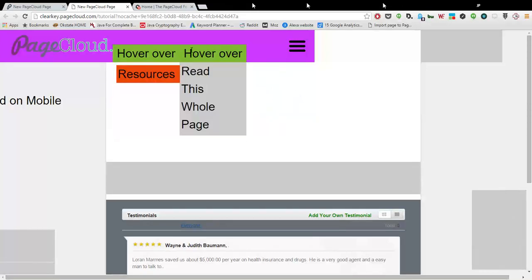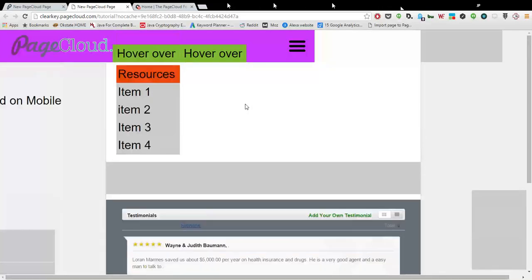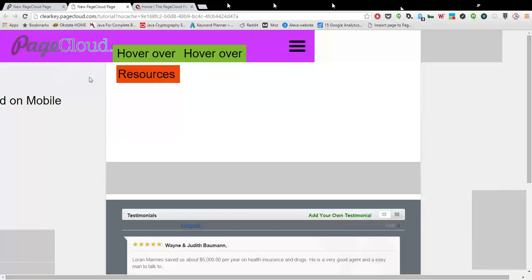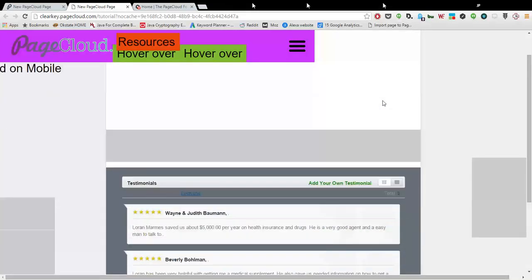The same applies to any of these items. And so when you do these, as you can see, this one scrolls with the page, the resources. And the hover overs travel with it. You'll notice right here the resource is actually in front of the nav bar. You want to be conscious when you do this of the positioning in the third dimension, the resources being in front of everything. So what you do is you just hit MB on that element and it will move it to the back. When you're doing a fixed menu that travels across the screen, you have to always make sure it's in the